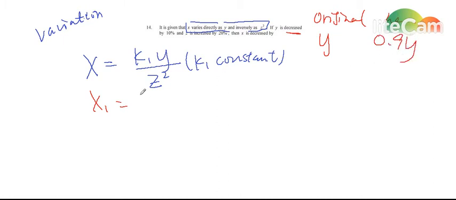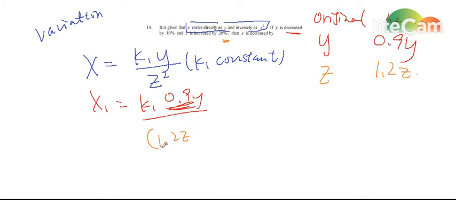So for this one we can write 0.9 y, and then over for z, it is increased by 20%. It means originally z is z, and the new z is 1.2 z, because increased by 20%. So here we have 1.2 z whole square,